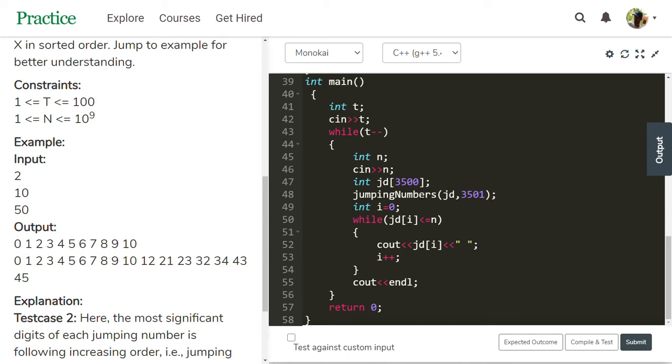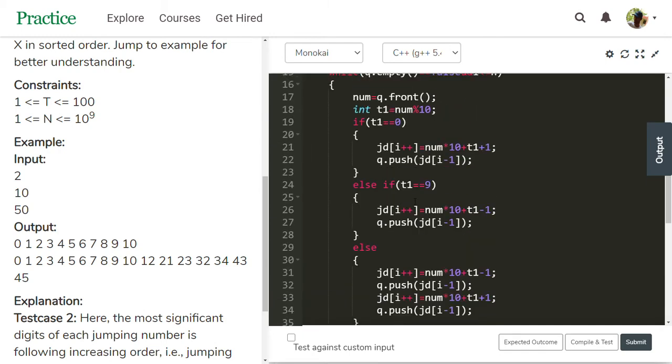Then I use a function to get all the jumping numbers, 3500 jumping numbers we will get in this jumping numbers function. Passing two parameters, one is the JD address, another one is the size of the array, 3501.